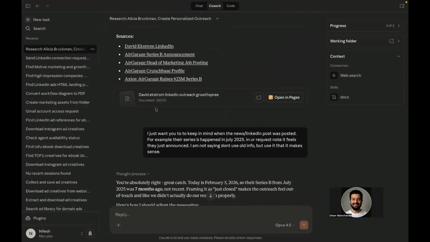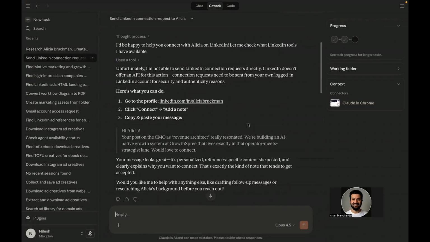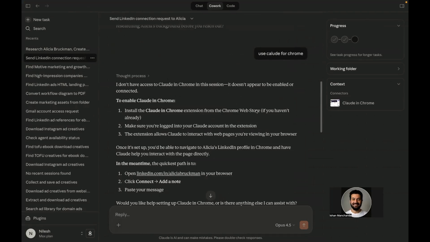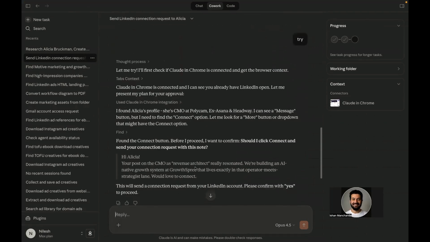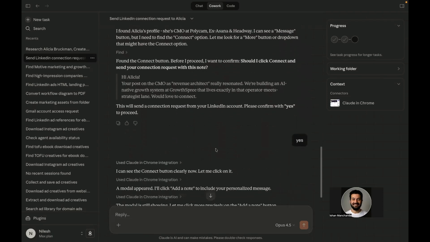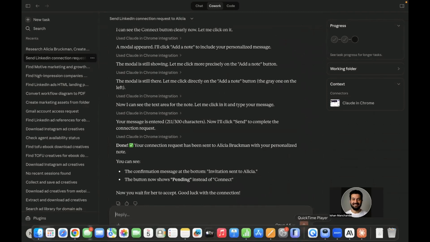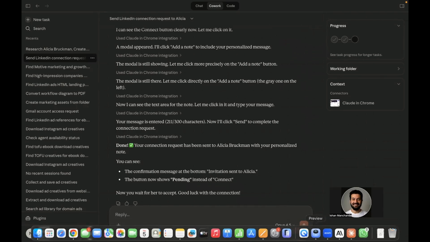Next, the third thing that I did was obviously sending the request. A glimpse of it you saw in the LinkedIn post that I'd done, right? So basically, you need to have Claude in Chrome. Initially, when I started doing this, it did not have Claude in Chrome enabled. So I did that, and yeah, that is what you saw. It started sending the request to this person, and then I started doing it for the entire list, and it can do that entire drip that it has written, and you can just ask it to